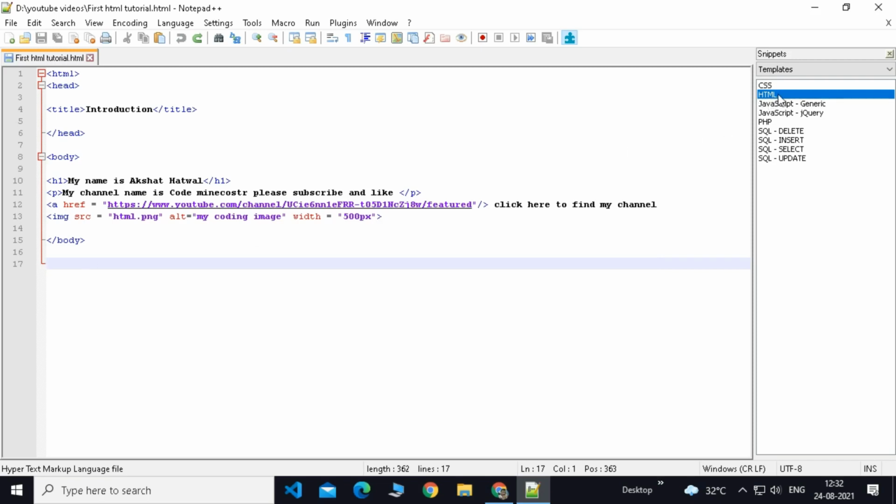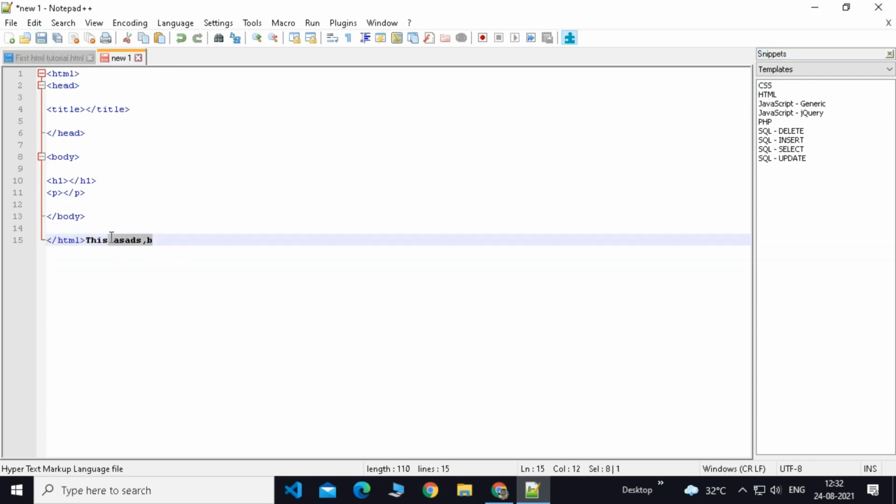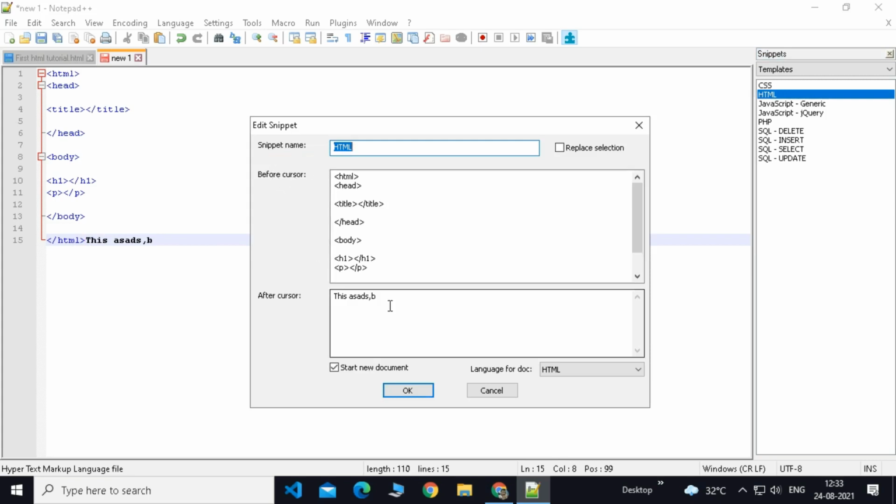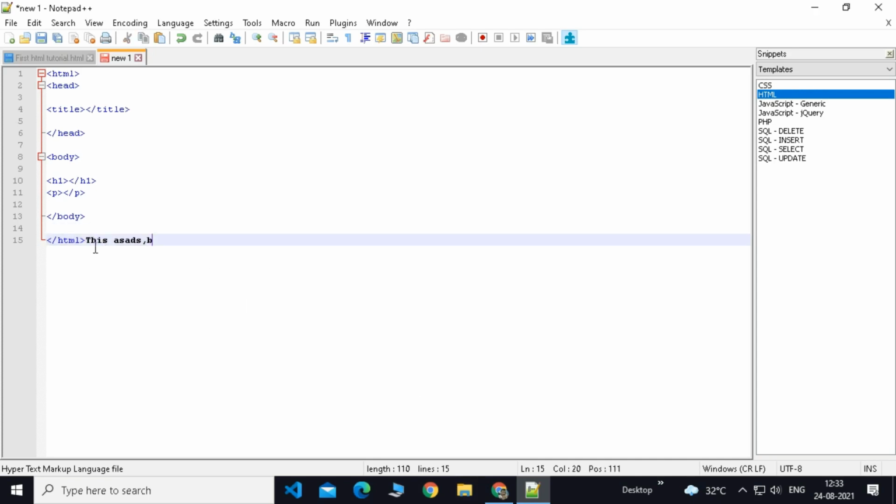Then if you see in the new folder, the same thing is written as on that. My cursor when it came was here, before this and after the HTML. So this is before cursor, everything before the cursor, and this is after cursor. Then in the end comes the snippet name. I can type any name, you can do anything. But I prefer HTML because it makes it readable and easy. And I'm going to delete this also because I don't need it.